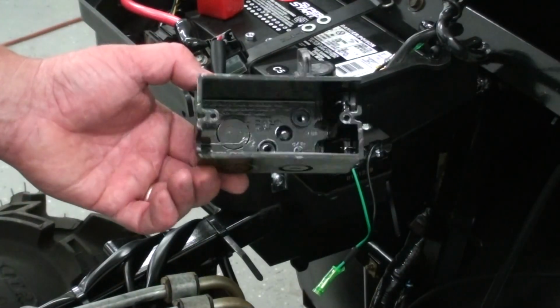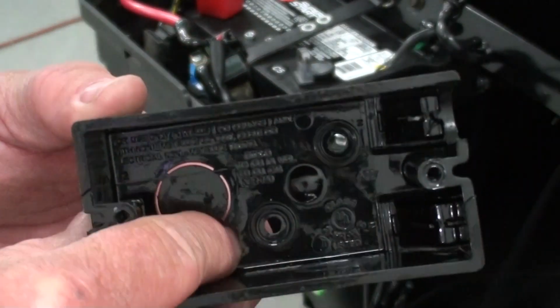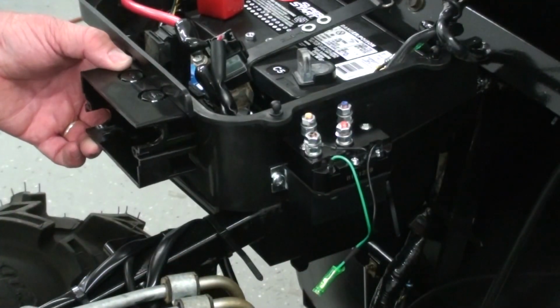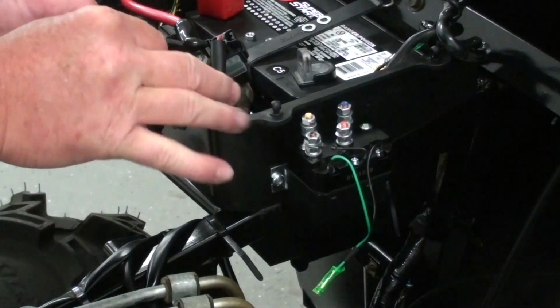Now I'm going to install our little circuit breaker box, and you can see inside here it's got a couple of bosses where you could drill holes for mounting it. So I just went ahead and used those two, and then I used that as a template and kind of put it where I wanted it on the battery box. Drilled the holes in the battery box, and so now